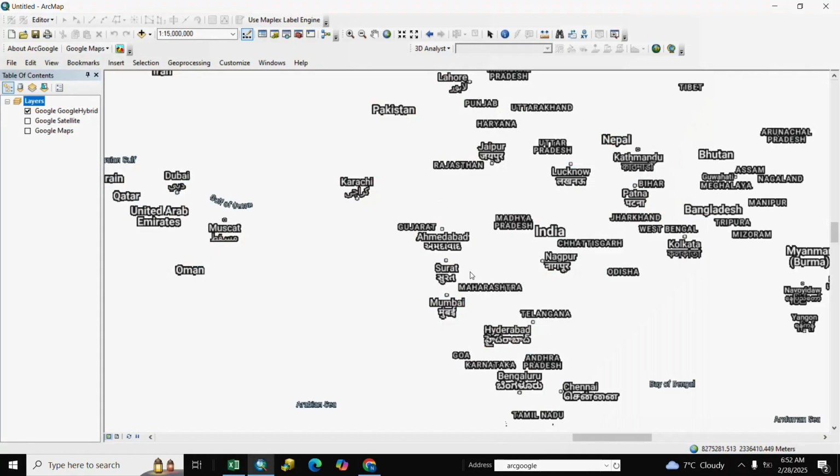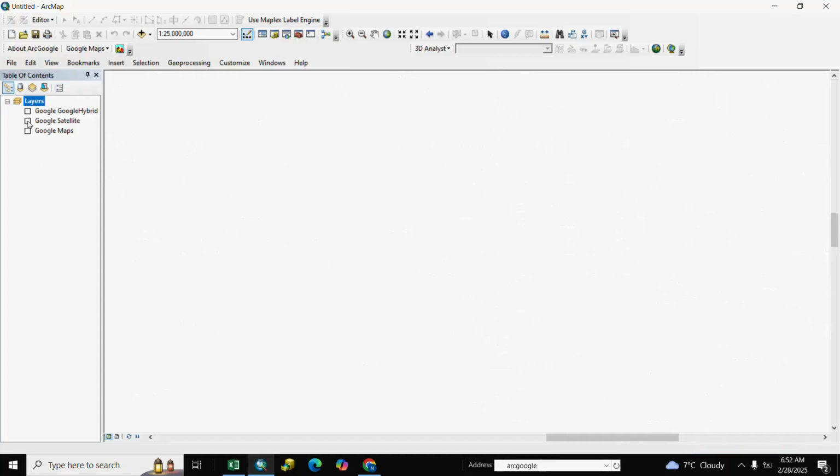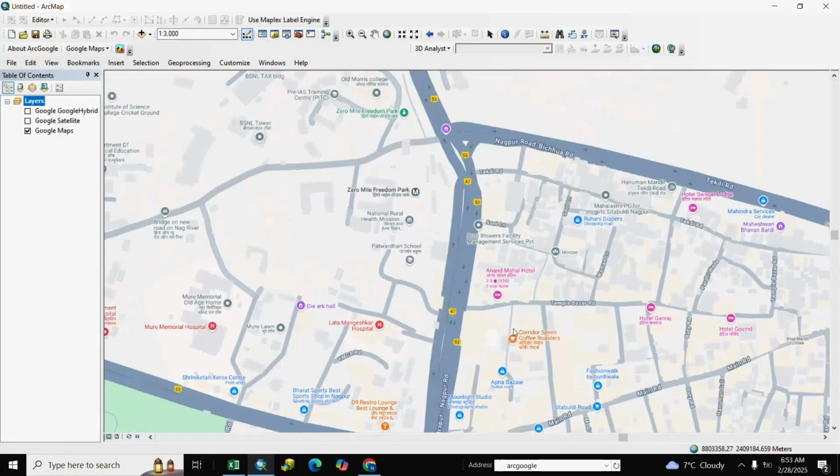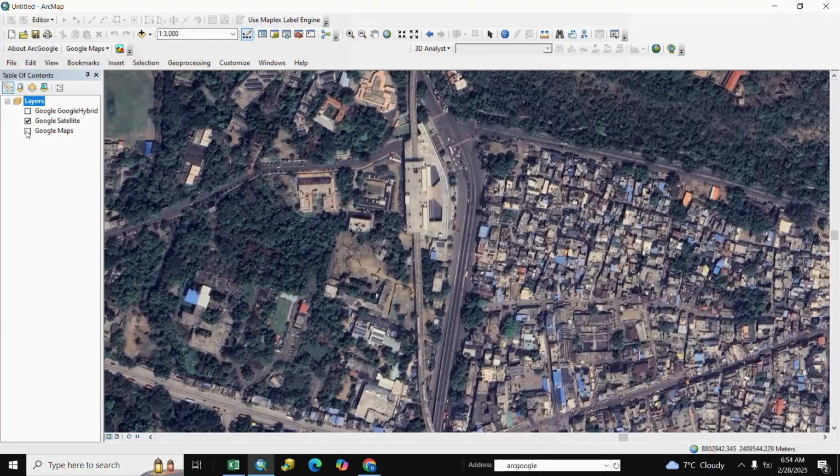You see here Google Hybrid, Google Satellite and Google Map. If you want to see a particular location, you zoom in and see Google Map and Google Satellite.